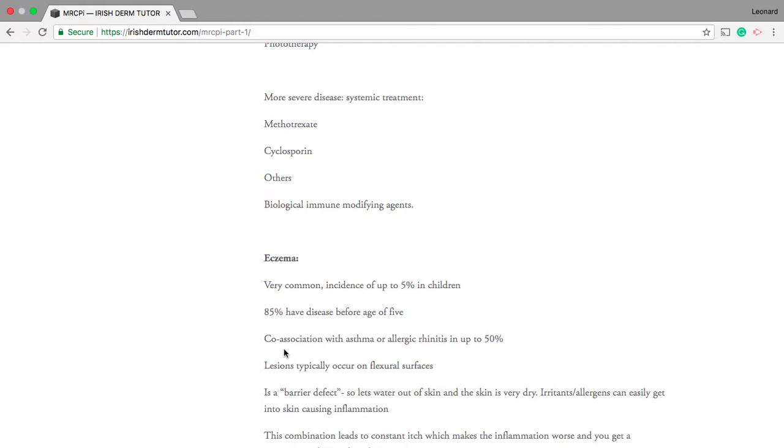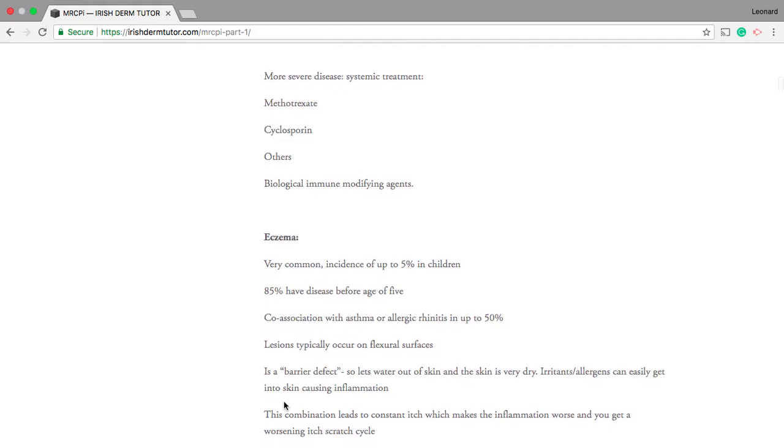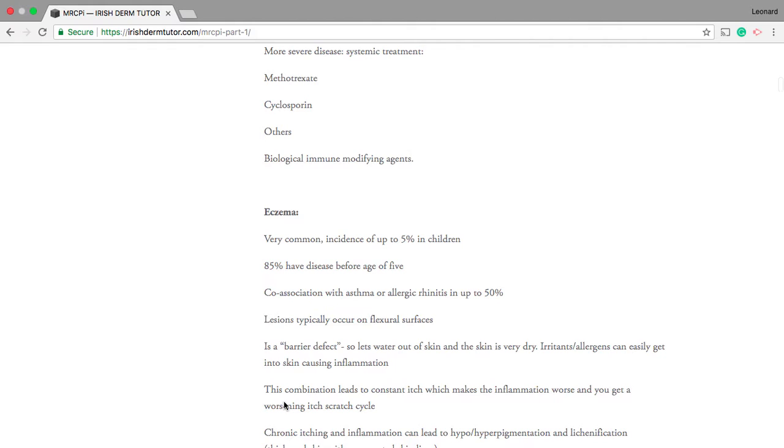As we all know, there's a co-association with asthma and hay fever, and to a much lesser extent food allergy. As opposed to psoriasis, which occurs on the extensor surfaces, eczema tends to affect the flexural surfaces. And regarding the pathogenesis of eczema, it's basically a barrier defect. So water can escape from the skin very easily, leaving it dry, and also irritants and allergens can get into